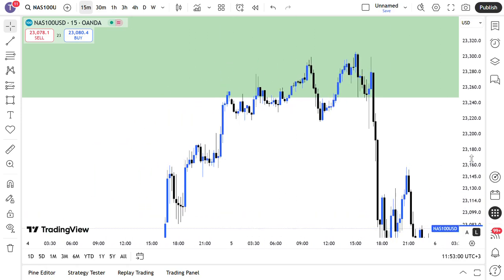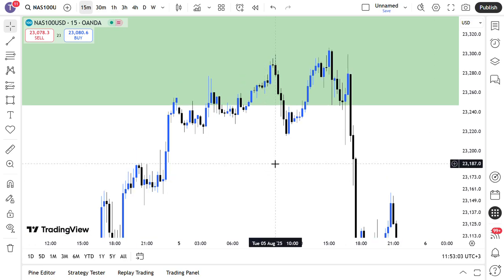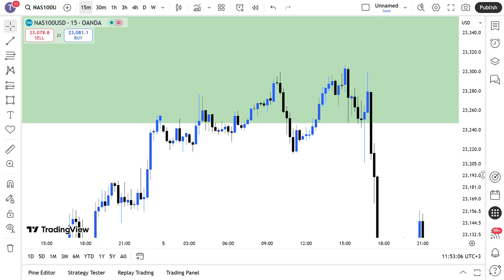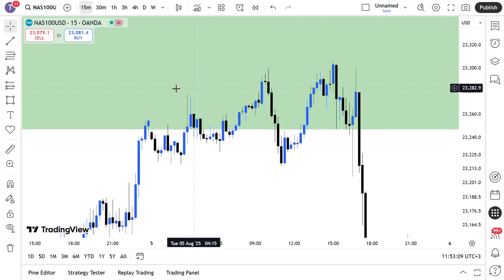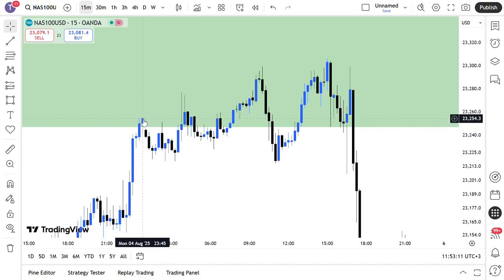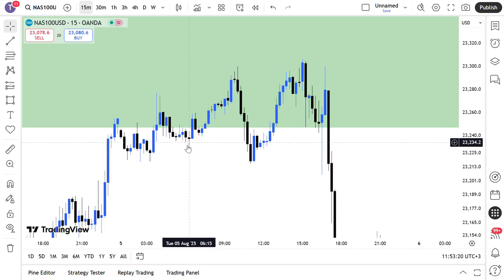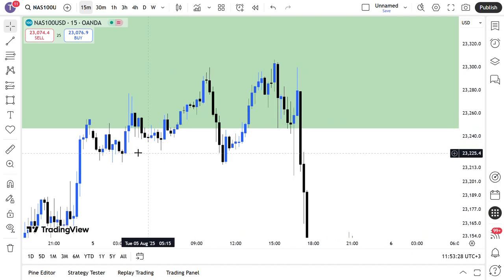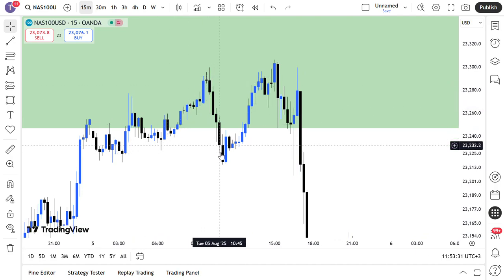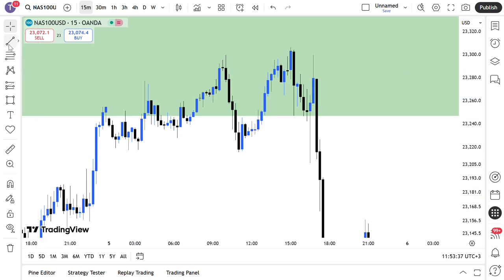So at this point here, this was how the market was reacting. We have this tap into the order block, and then we have these structures: a higher low, a higher high, a higher low, and then a higher high. So you can see this internal structure that was formed here. Later on the market came back down with selling pressure to take out this low and this low. So you can see very clearly. Let me mark that low that was taken as liquidity,